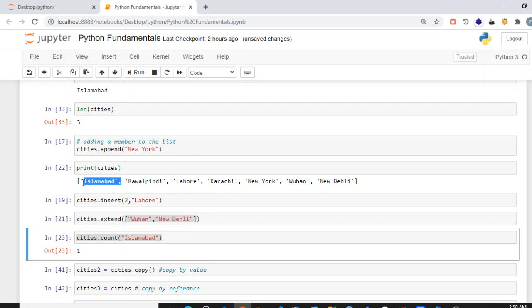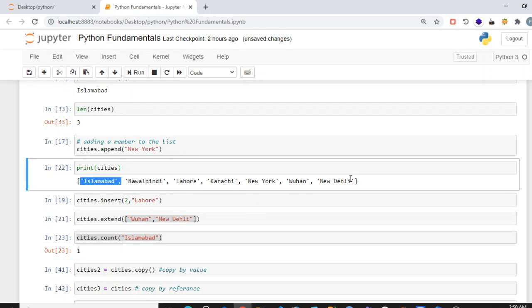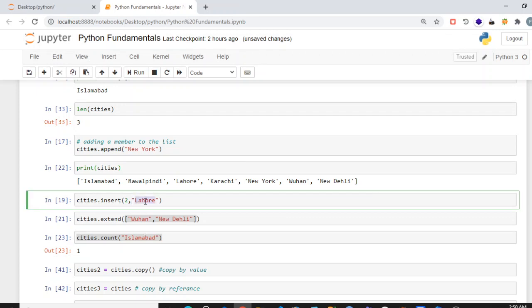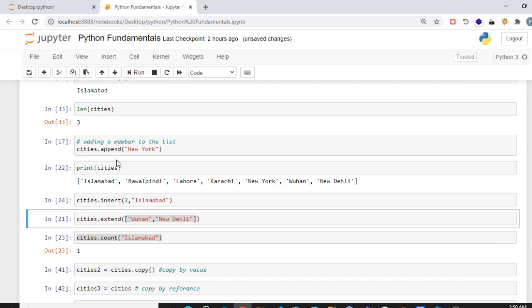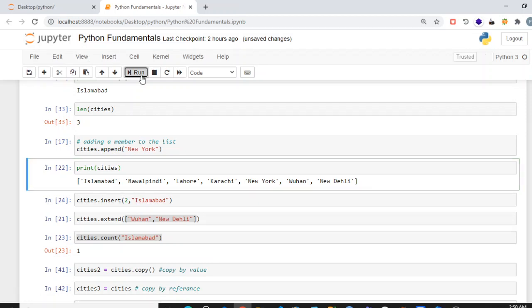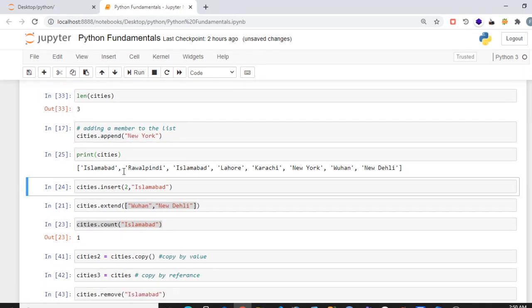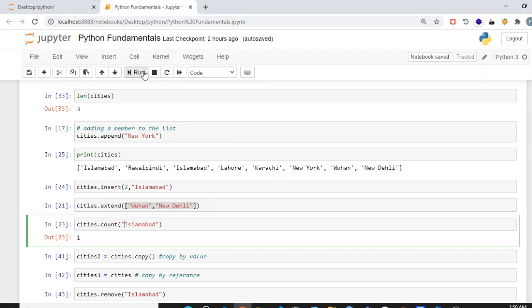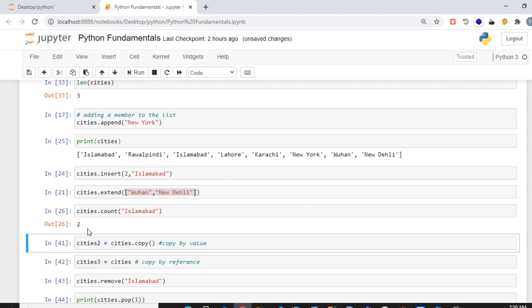But suppose Islamabad appears more than one time. Let's add Islamabad one more time to the list, and if we print the list now, you can see Islamabad is present more than one time. And now if we count again, it returns that Islamabad is present two times in the list.